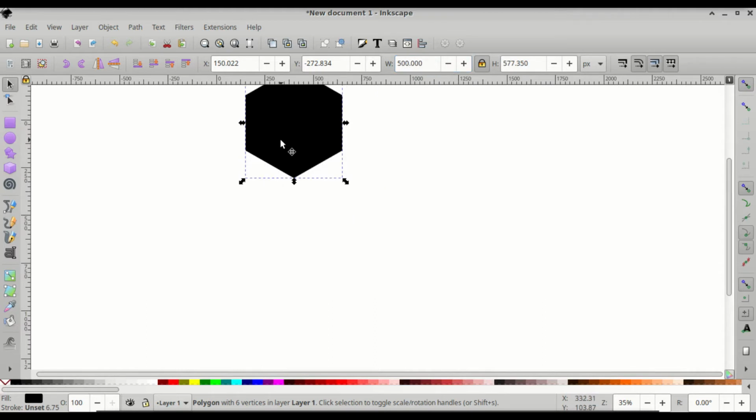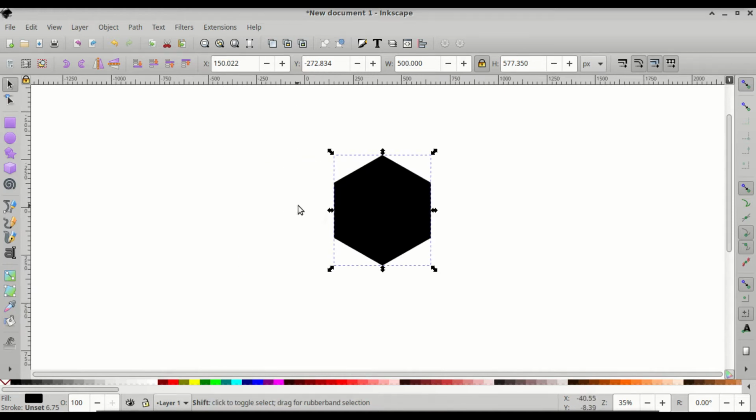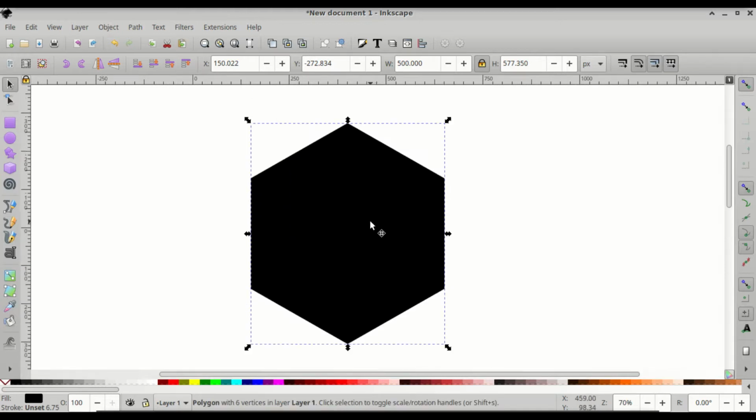The width doesn't really matter, but you're gonna see what I'm doing. And I'm gonna scroll up and shift scroll to center it a bit, and control scroll to zoom in a bit. And next what I'm gonna do is